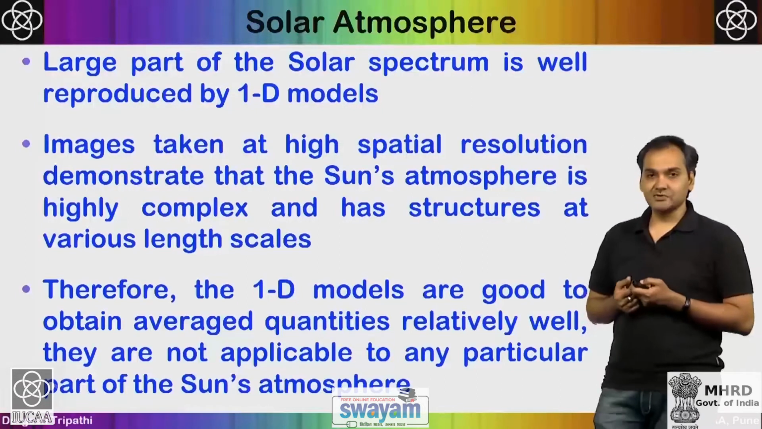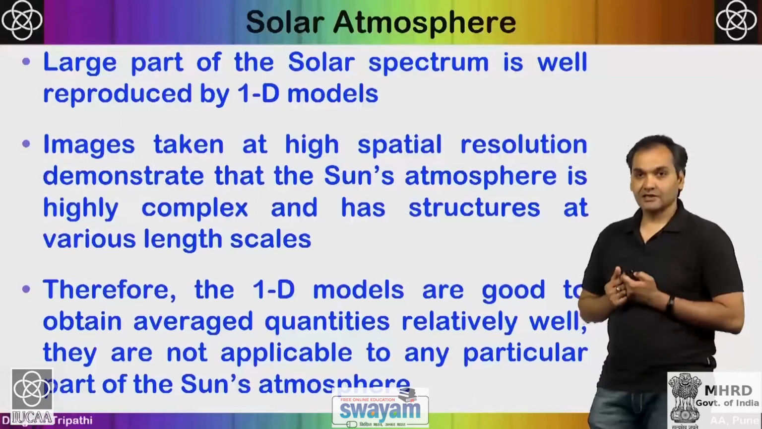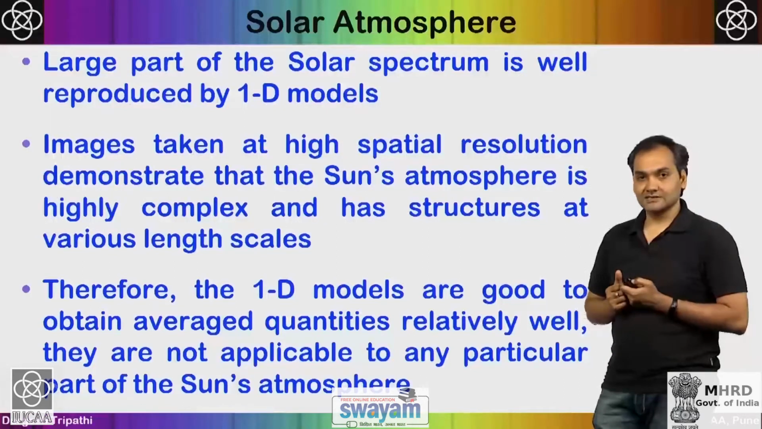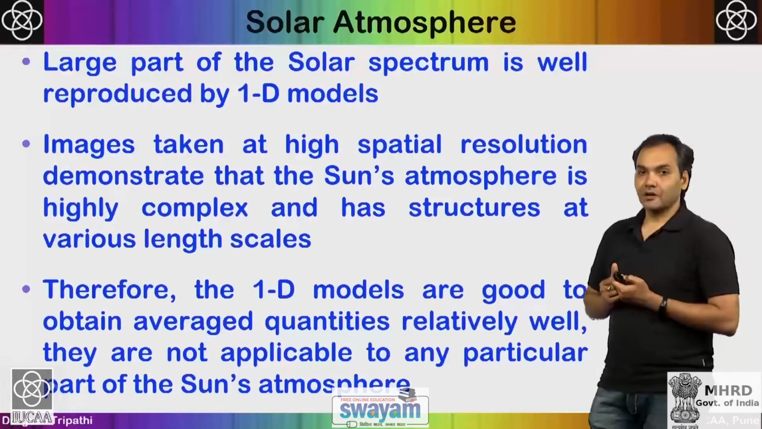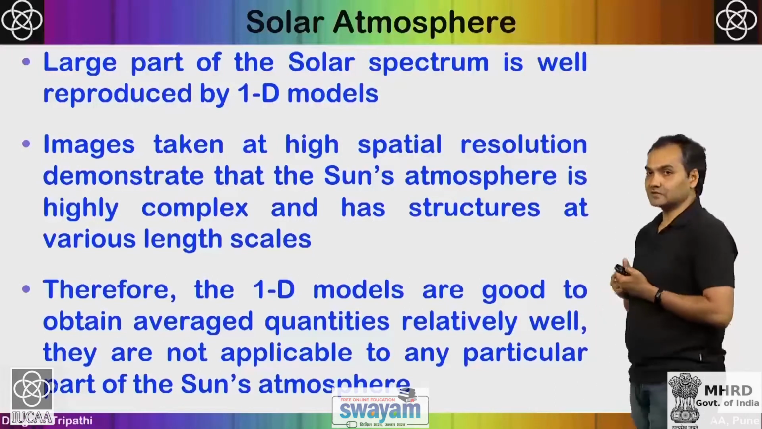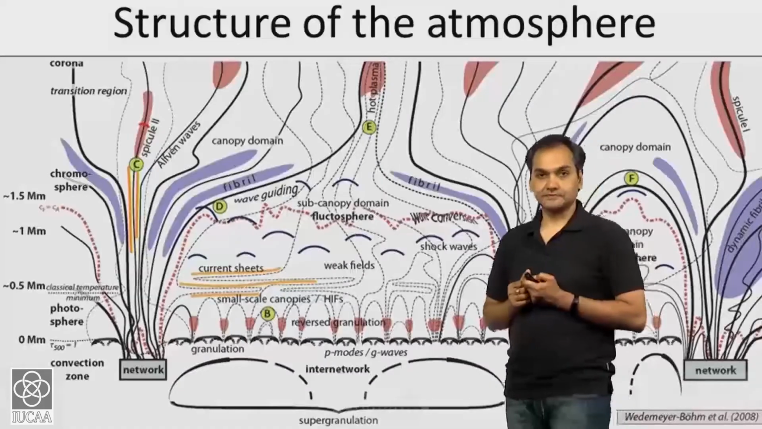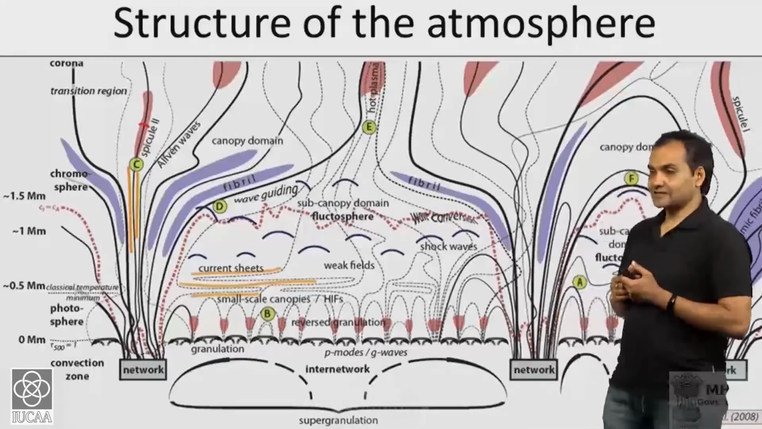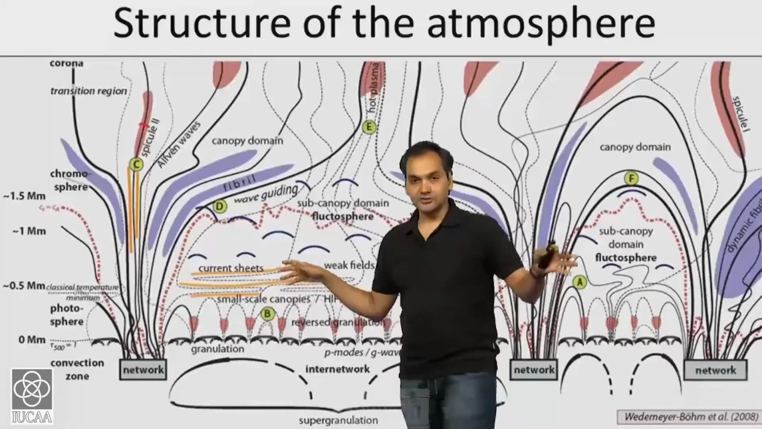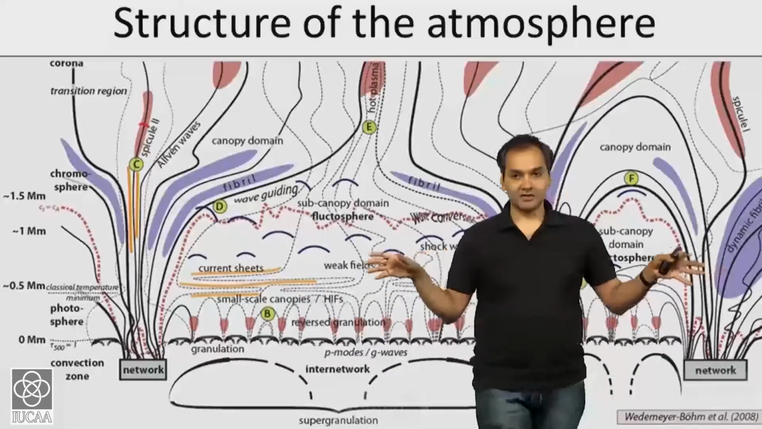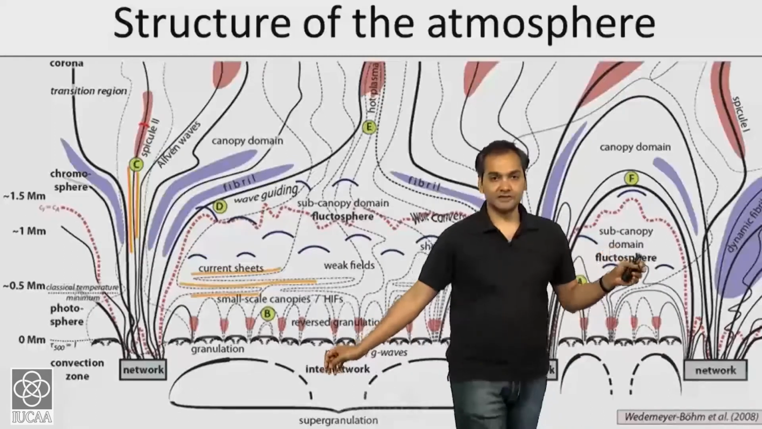Images taken at high spatial resolution demonstrate that the sun's atmosphere is highly complex and has structures at various length scales. Therefore, the 1D models, although they are good to obtain the average quantity relatively well, they are not applicable to any particular part of the sun's atmosphere. And what we understand today, that if we really want to put in all the structure you observe in different solar atmospheres, then there is a paper by Wedemeyer-Bohm